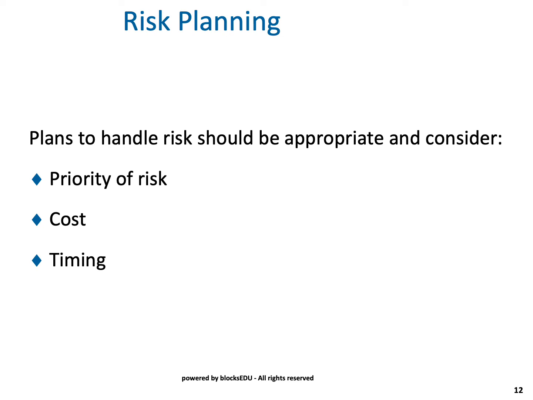One thing that happens with project managers is they have very elaborate plans for when a risk actually happens. And the reality is that costs more and takes longer than if the risk actually occurred. So when you create your plans, make sure you understand the priority of the risk. Make sure it's only for the high impact and high probability areas. Make sure the cost is not greater than if the risk actually occurred, and make sure it takes less time than the time it would take to adjust to the risk if it actually occurred.